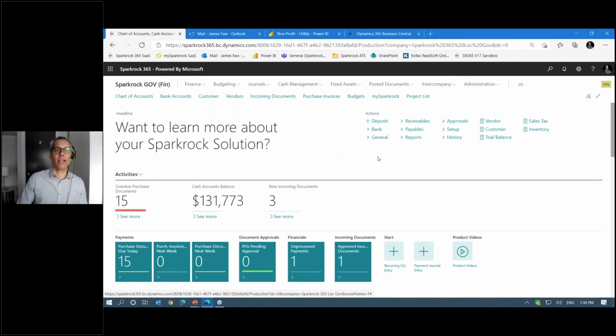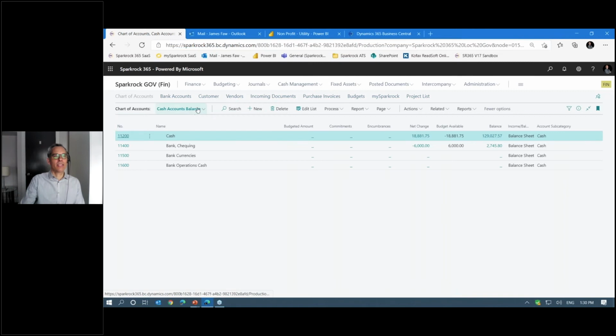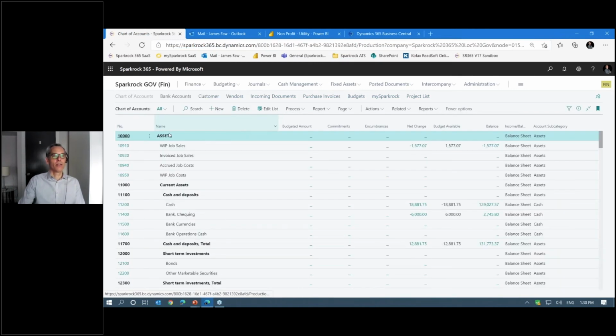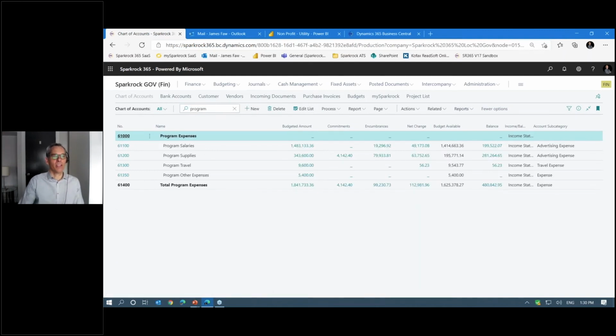And then one of the other areas of empowering efficiencies is really how easy it is to find information. Our focus is on financial functions today, so I'm using financial examples here. If I go to my chart of accounts and I'd like to analyze the data a little better, I'm going to change this view to show all my accounts. I'm going to easily search through, and I'd like to look for program-related accounts.